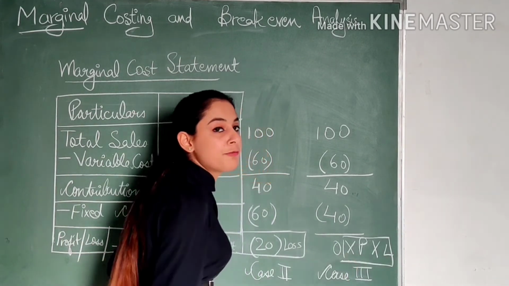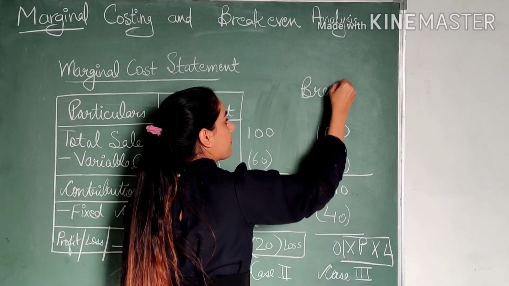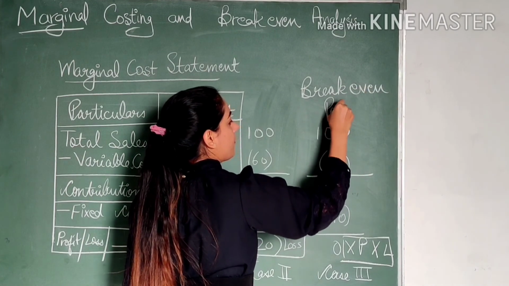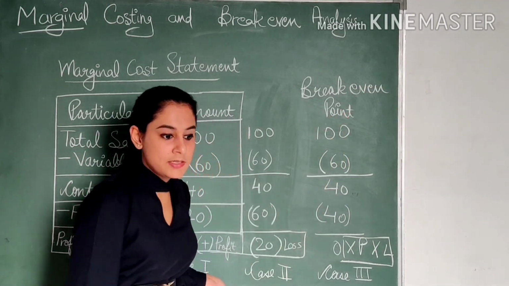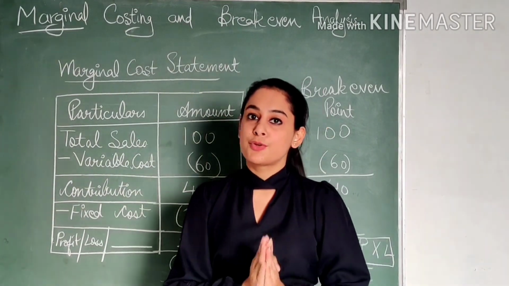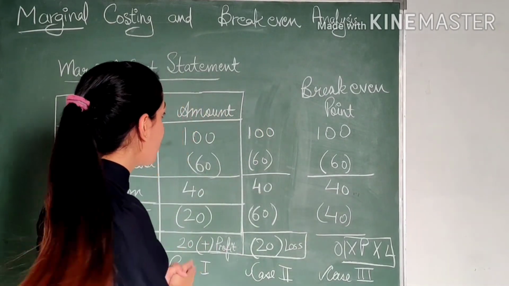This 0 will tell you that there is no profit, no loss. In this no profit, no loss situation, this point is known as the break-even point. So basically, break-even point is that point at which the firm earns no profit and no loss. It is that point where the profit is